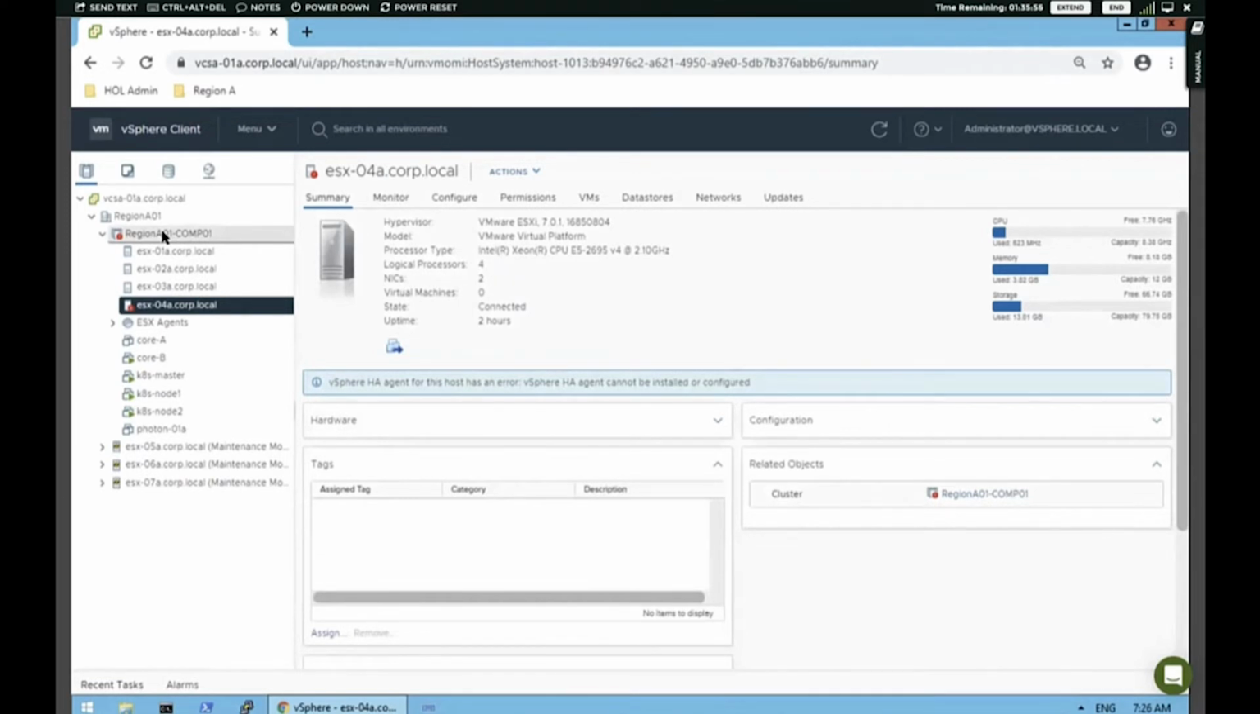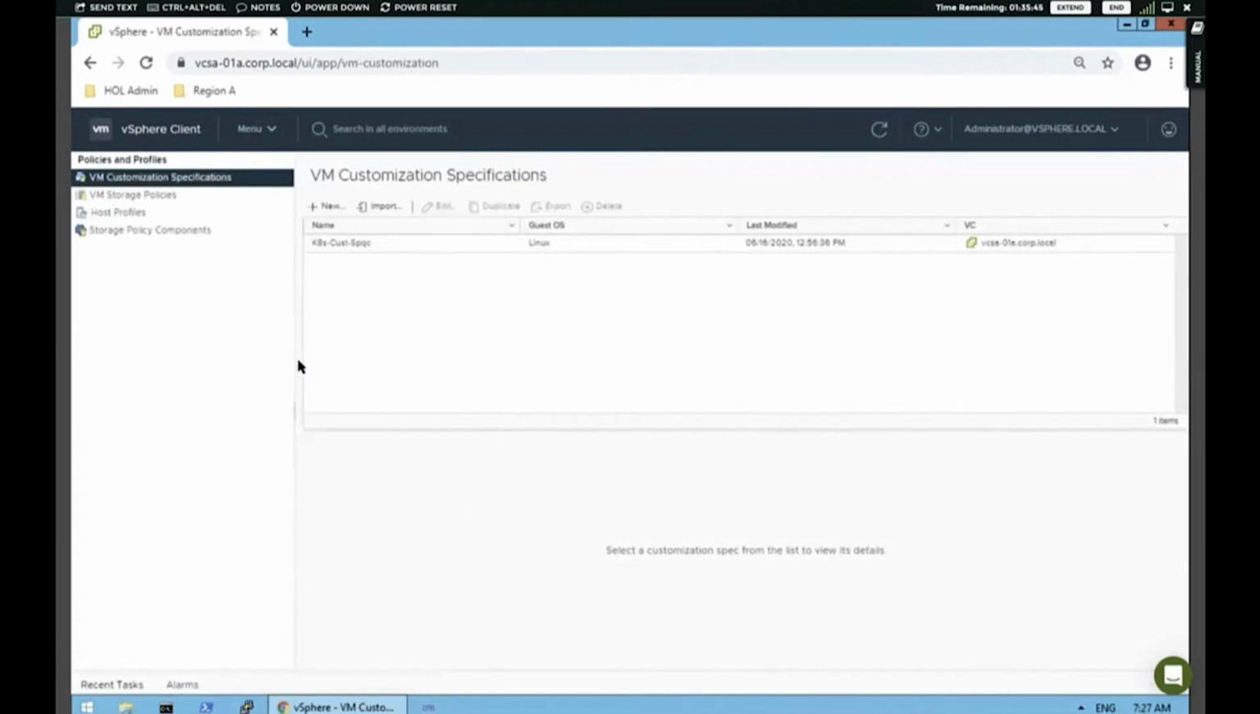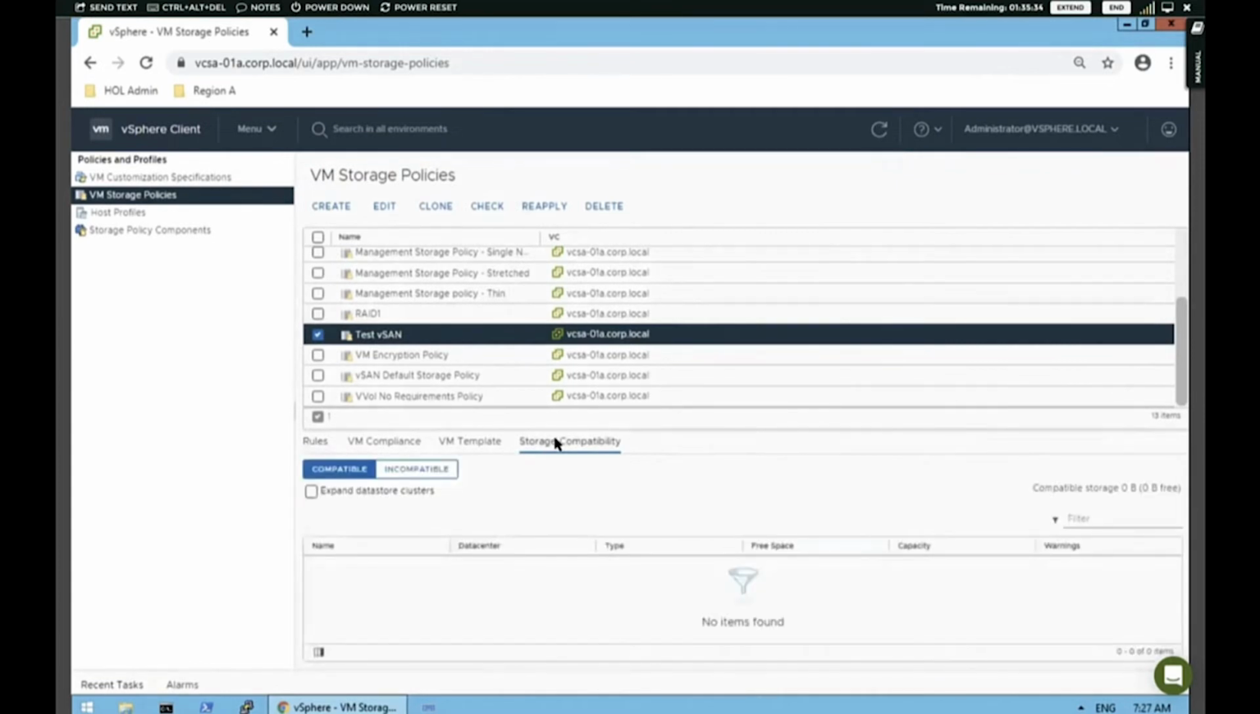And so that's really when it comes to our storage policy management. We can do things like that. But real quick, before we move on to another topic, wanted to make sure we go back to our policies and profiles, because now that we have an additional host in our vSAN cluster, we can go to our storage policies. We can take a look at that test vSAN that we had. And if we want to go to our storage compatibility tab, now we see that we have, as we refresh,